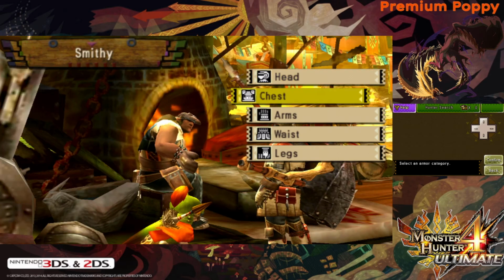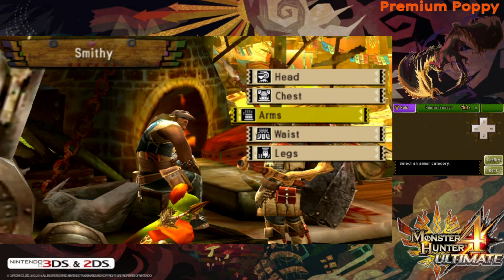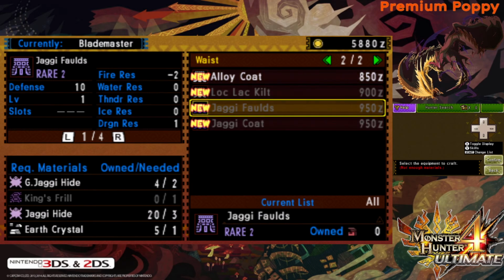So yeah, you can also make arms and stuff, including Conchu van braces and all that fun stuff, Jaggy van braces. The waist as well. As you see, we need a King's Frill. In order to get a King's Frill, I believe we got to...